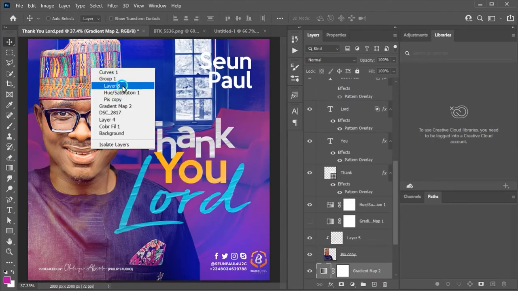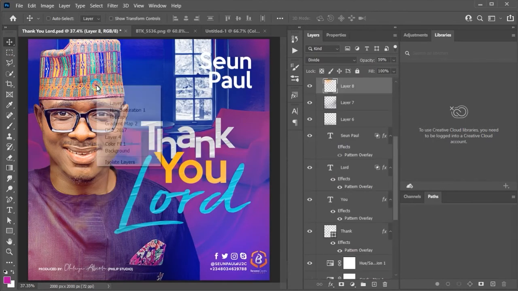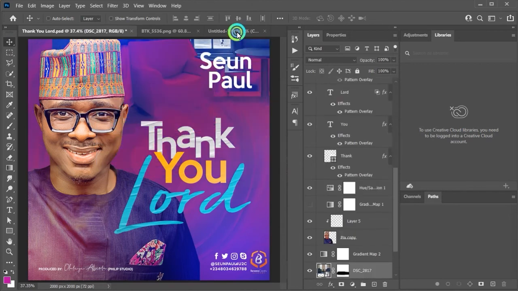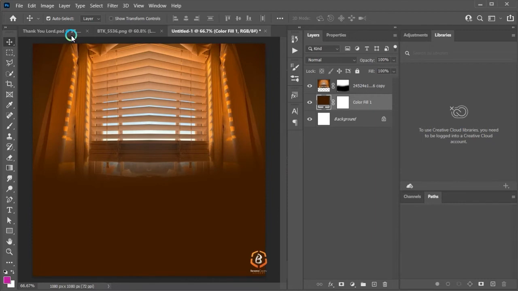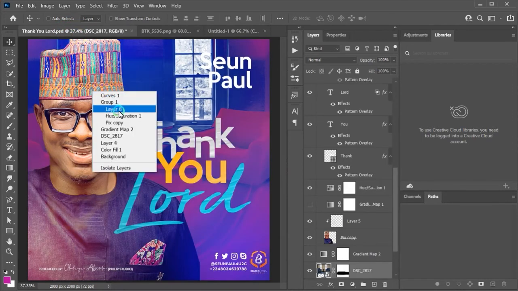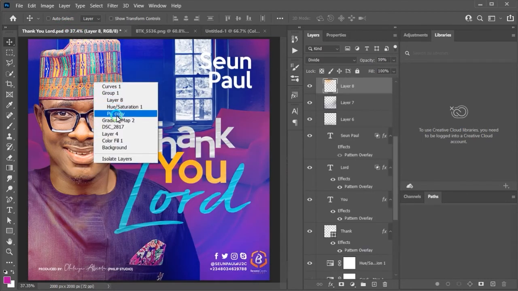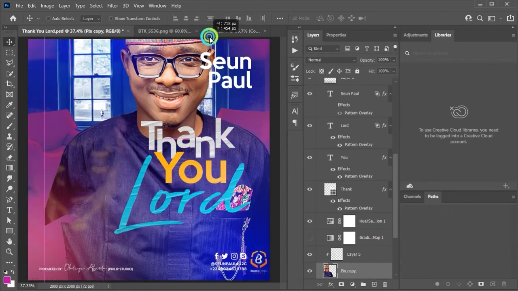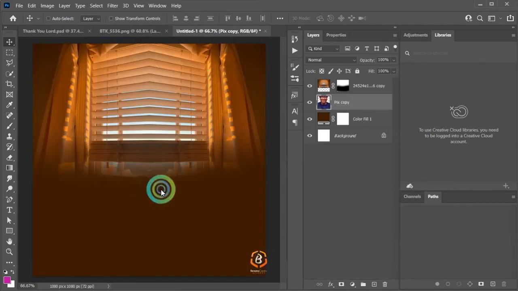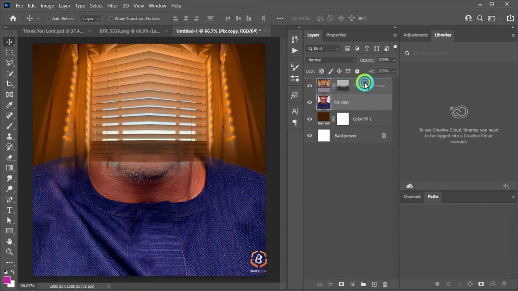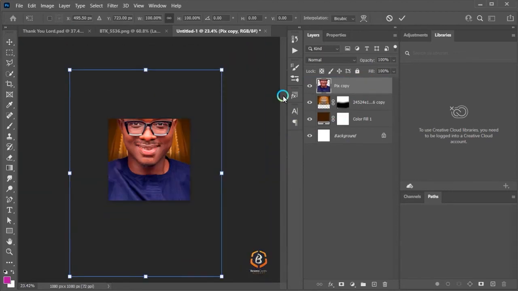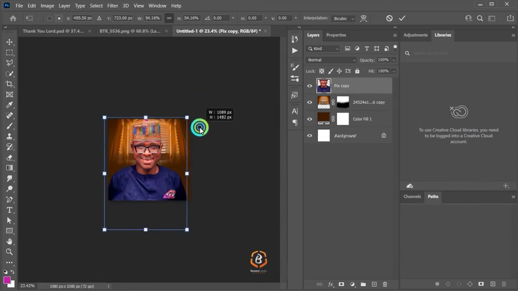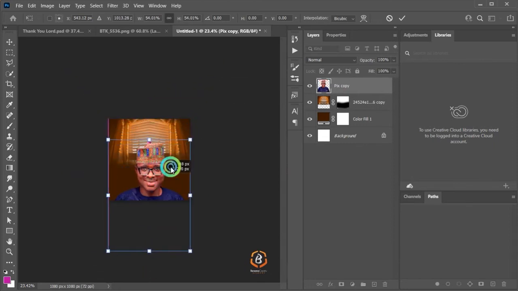So let's try and bring in this image. All right, let's drag it in. Oh no, I chose the wrong image. Let's go back. I think that's not the particular image. Yes, image copy. Let's drag it into the new document. The image is behind the window blinds. I have to bring it up, then press Control 0 on my keyboard or Command 0 on the keyboard, then